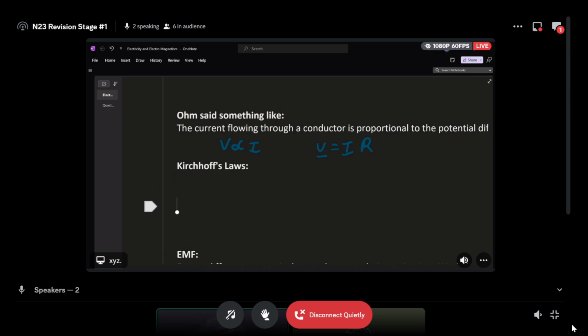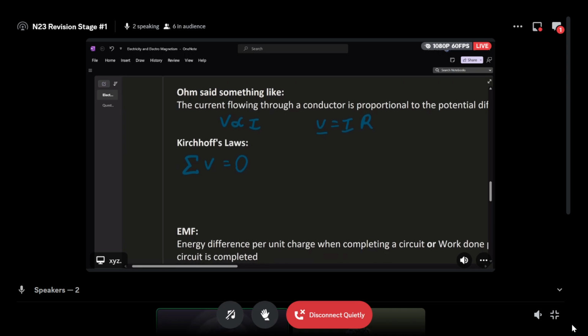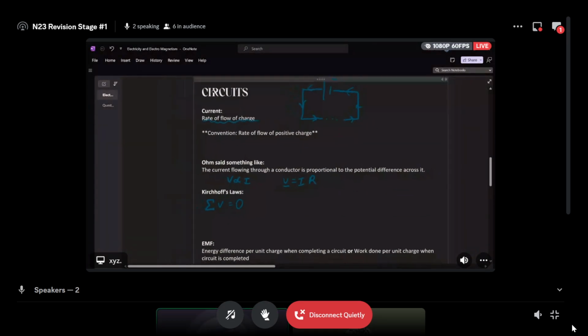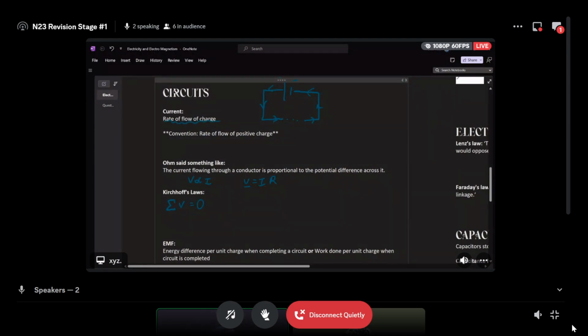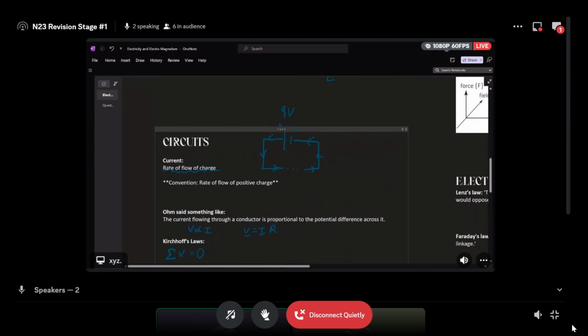And so Kirchhoff, the first one is the voltage law. Essentially, what it is that the sum of potential difference drops across a circuit throughout the loop of the circuit must equal 0. And why is that exactly? If we look at this battery, the potential difference across this battery here is, if we were to put a nice